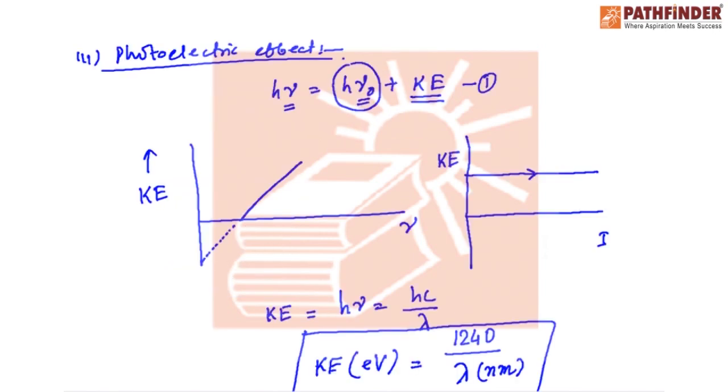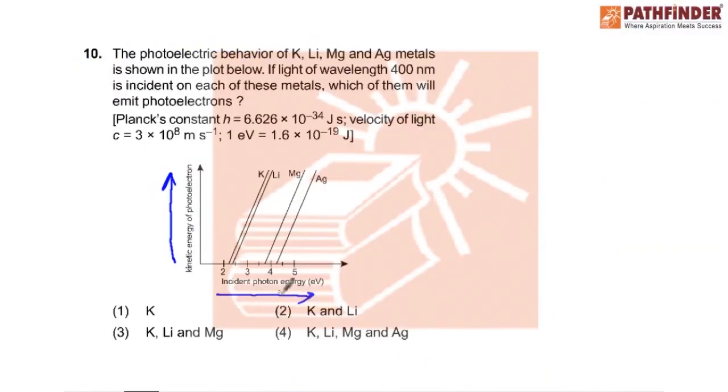So we have seen kinetic energy with the frequency of the photons, the photon energy and kinetic energy, so we are getting these kinds of lines. If light of wavelength 400 nanometer is incident on each of these metals, which of them will emit photoelectrons? Now see, we need to know the energy that is provided on the metal surface, which equals hc by lambda,